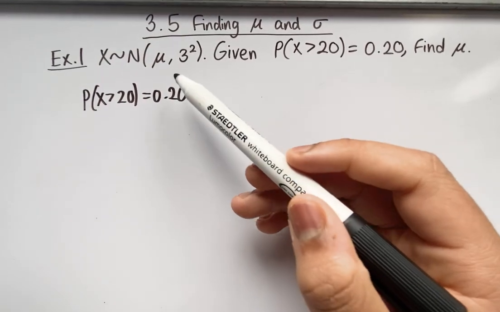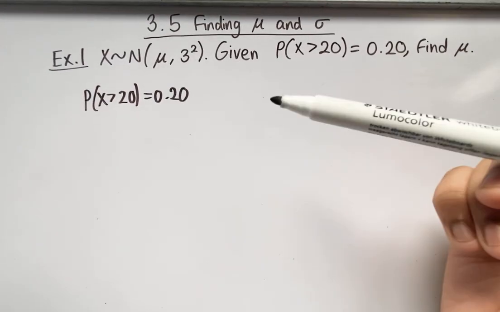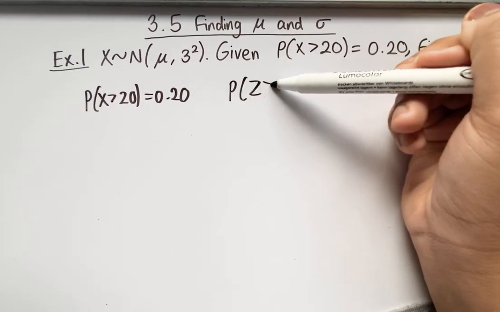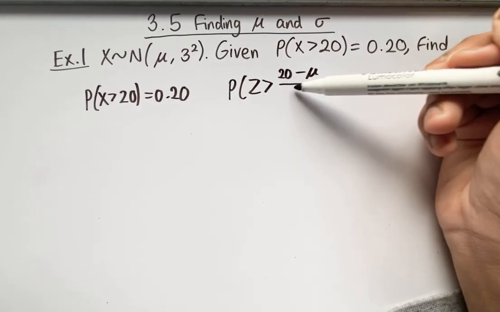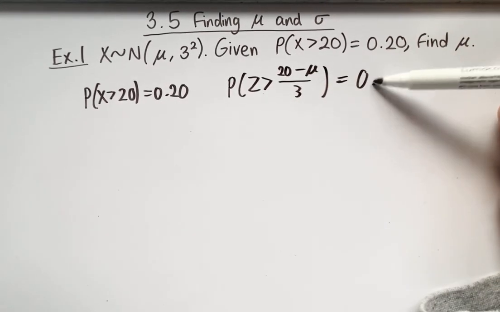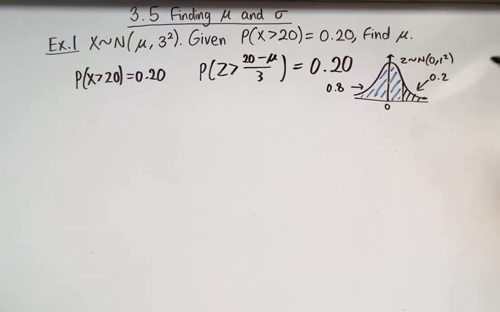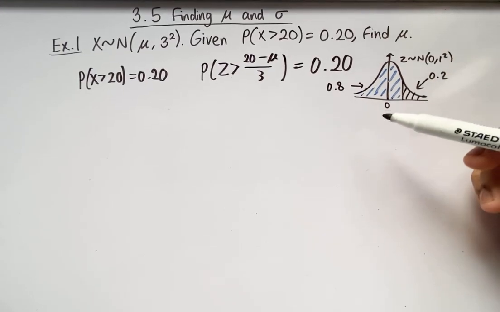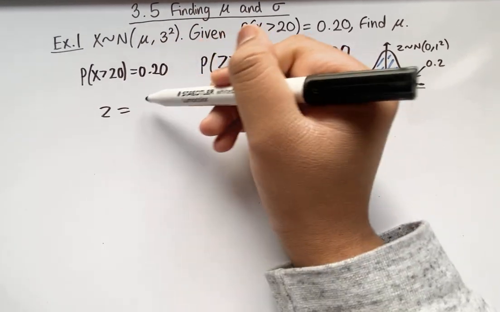When we're trying to find an unknown mean or standard deviation, we first need to code the data so it fits the standard normal distribution. This means that the probability that z is greater than (20 minus mu) over 3 is equal to 0.20. You can now either use the inverse normal for 1 minus 0.2, which would be 0.8, or you can use the table in the formula booklet to give you a value of z is equal to